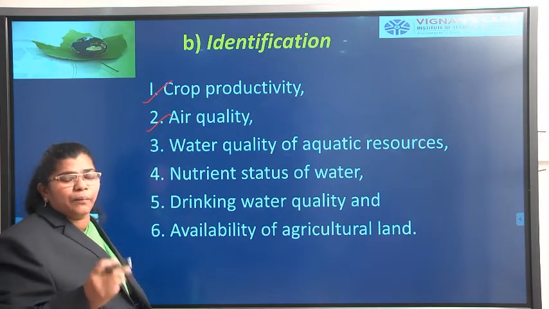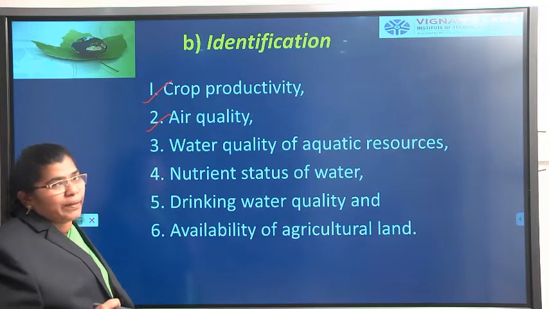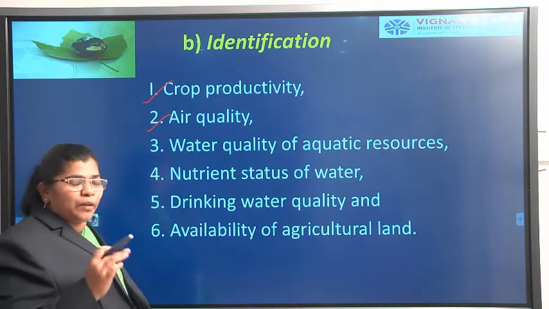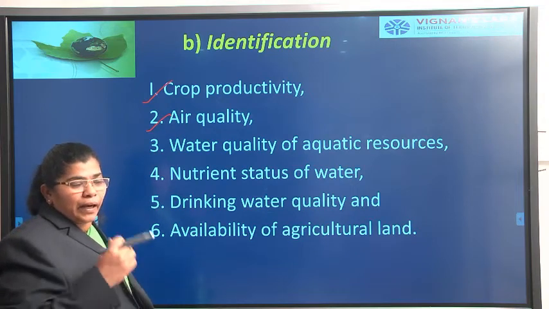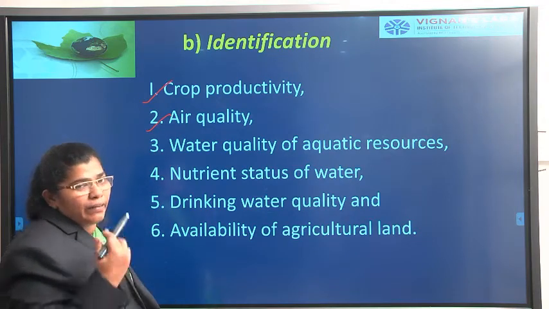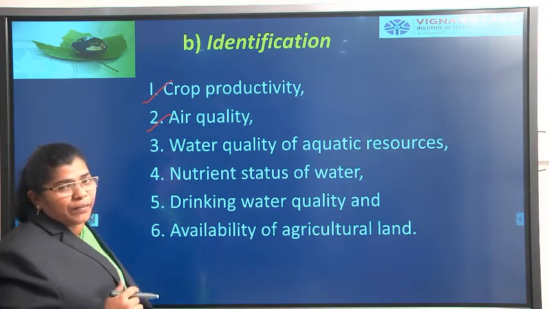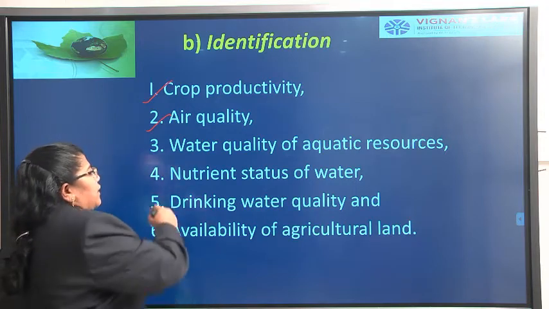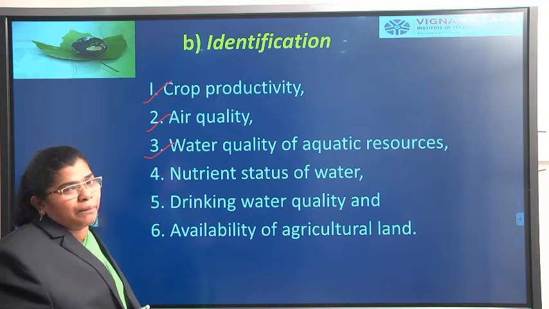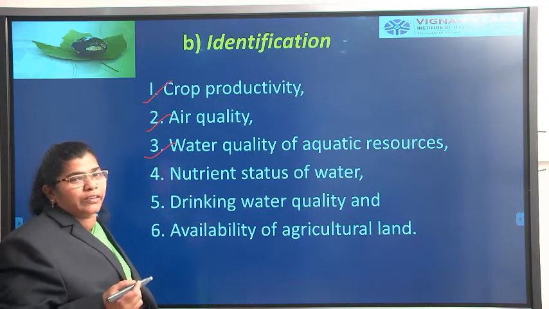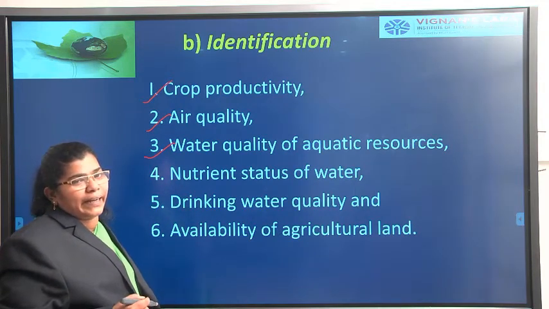Air quality is mainly affected by the pollution from the industries. And before the pollution, the industries have to release the polluting air into the atmosphere; they have to treat it well before that, which will be strictly followed. The third one, water quality. All of you know the aquatic resources, the BOD, COD, dissolved oxygen, everything has to be taken care of, right?